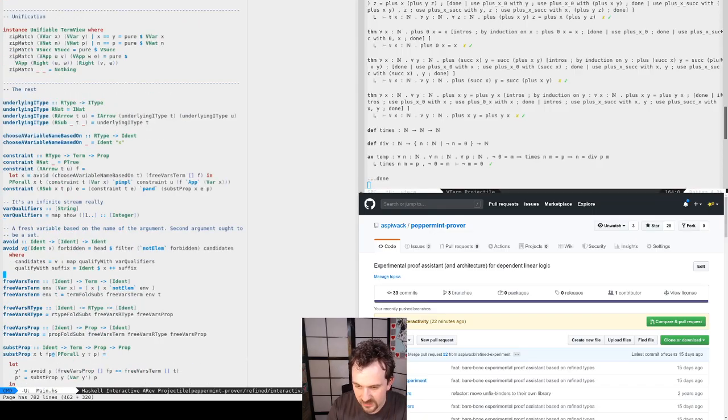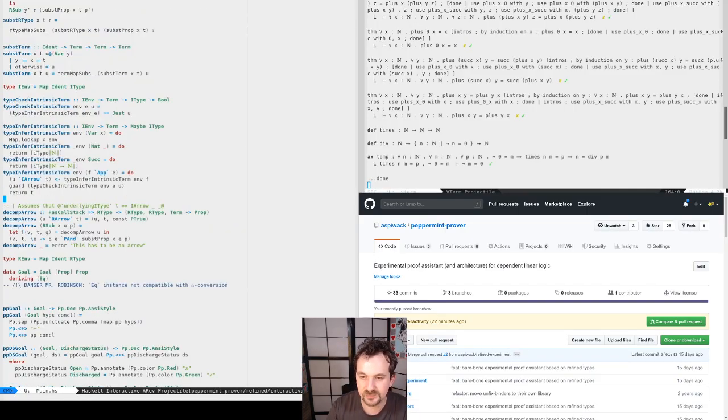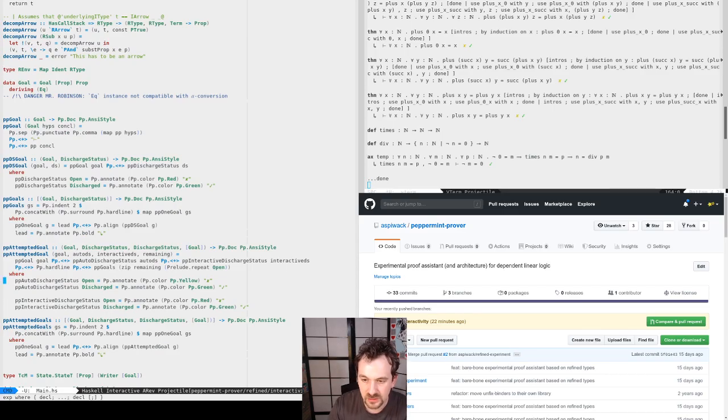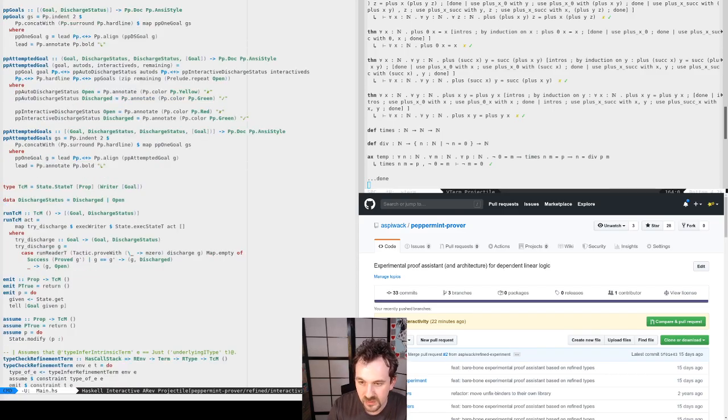How big is that file already? 800 lines. Not that much. It's a bit of a mess. There's a lot that could be factored. Goal, PP goal, PP attempted goals, run TCM.